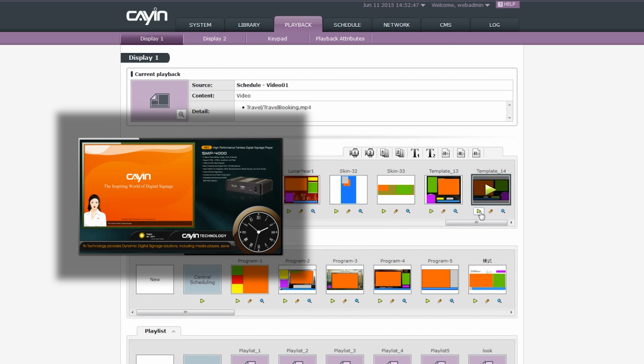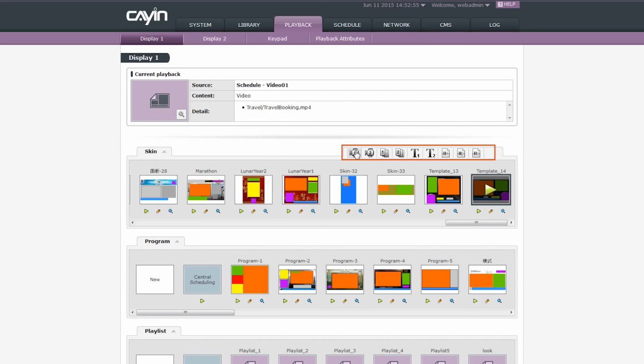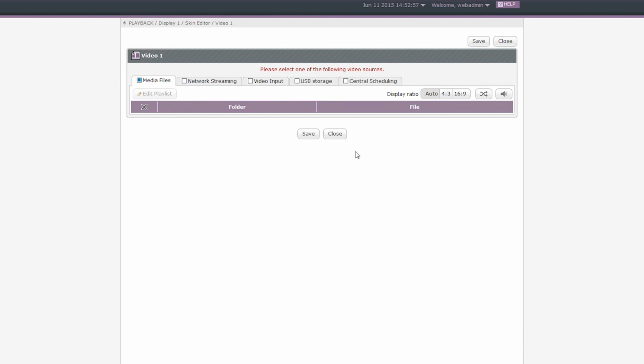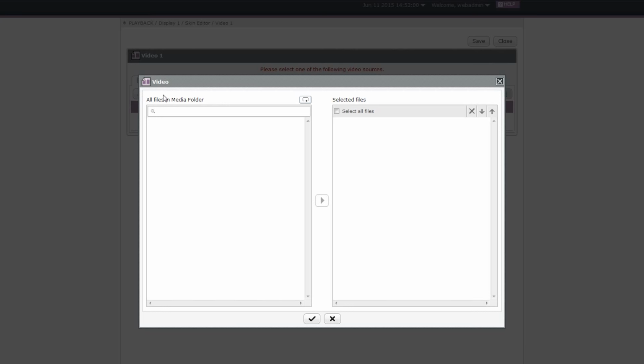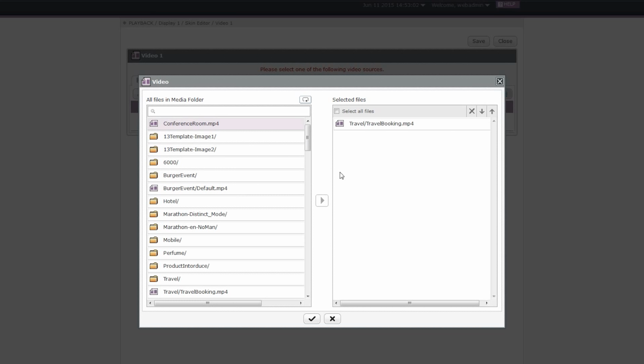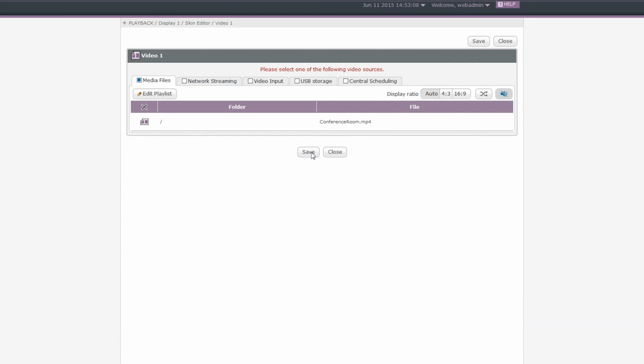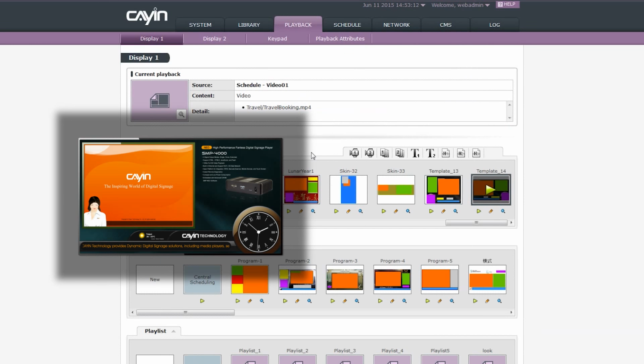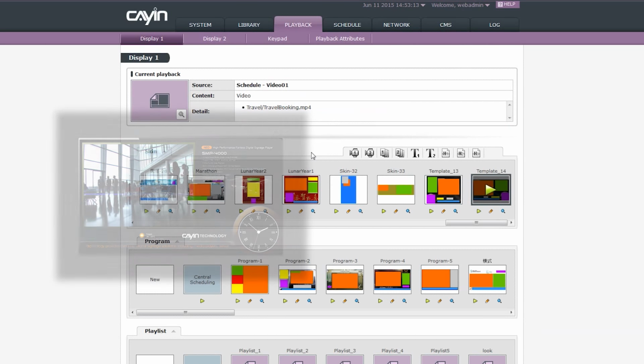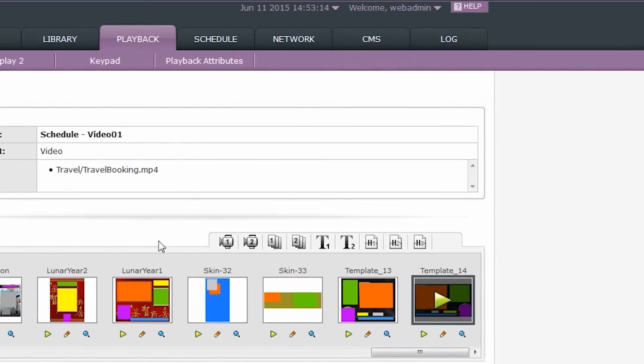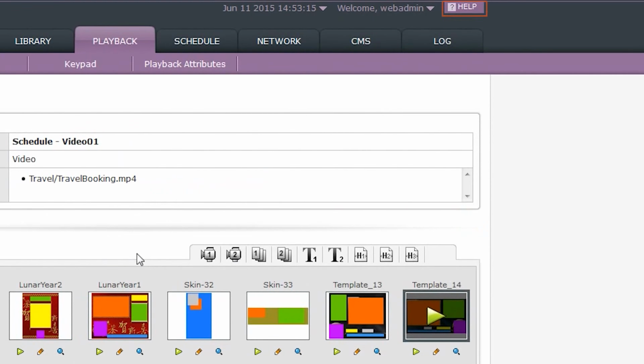Then the player will apply the same multimedia settings to restart playback automatically. If you want to change each zone's configurations, you can click the icon of each zone on the upper right corner of the skin section as a shortcut without entering each skin page. The current skin will immediately apply the revised configurations after you complete the adjustment. For detailed usage of all playback functions, please refer to SMP's online help.